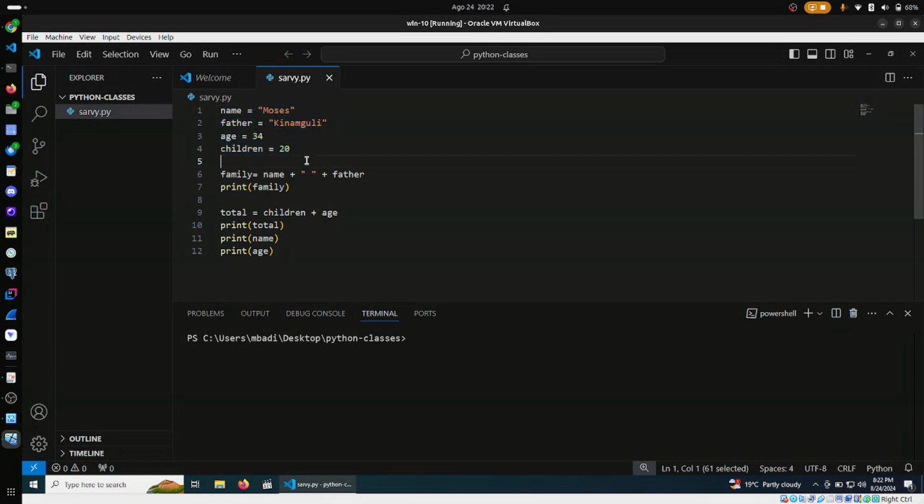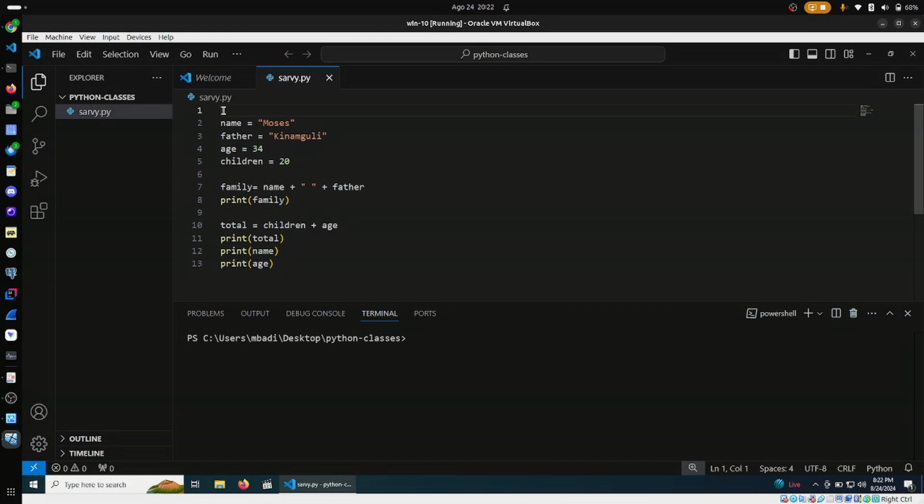So we looked at variables. This is how you define a variable in Python. We looked at data types. This is a string data type. This is an integer data type. We have booleans, which are basically true or false. So as a beginner, here is where you